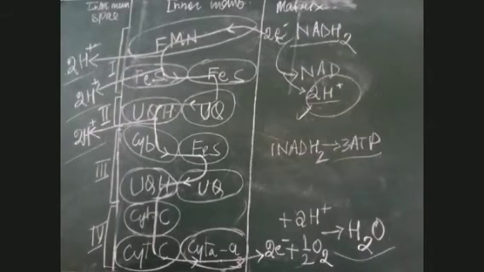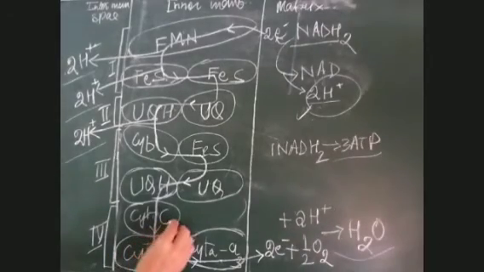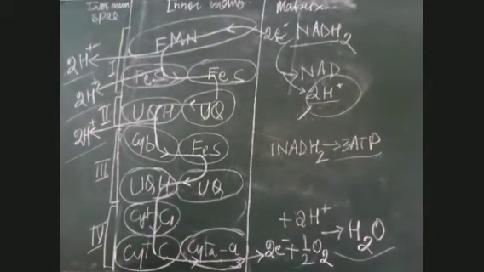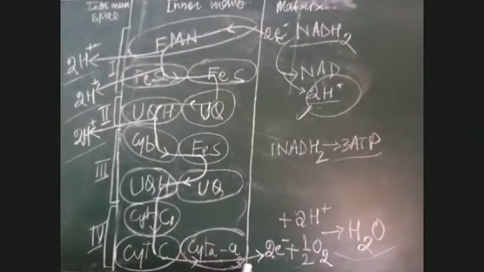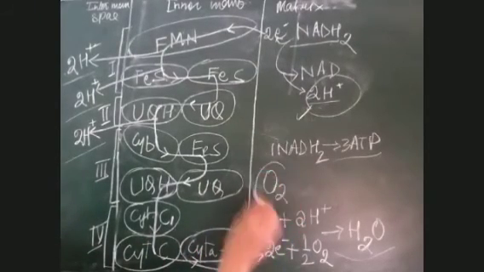Last part, that means from here. The electron gets transported from cytochrome C1 to C, and then from C it gets transported to another acceptor, which is cytochrome A to A3. Now, till here it has lost almost all the energy, and then it enters the matrix. In the matrix, it combines with an atom of oxygen. I have written half O2. Half O2 indicates an atom of oxygen. If I write O2 only, that means it's a molecule of oxygen.